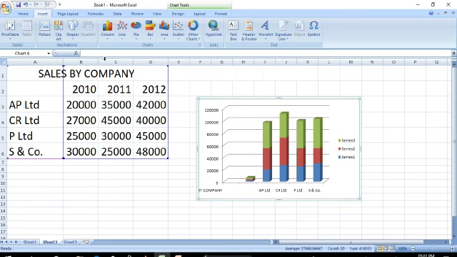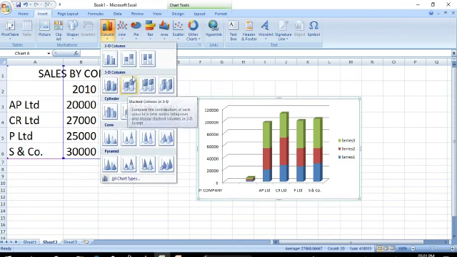Okay children, the different components we will discuss are the x-axis, y-axis, x-axis title, y-axis title, as well as the chart title.